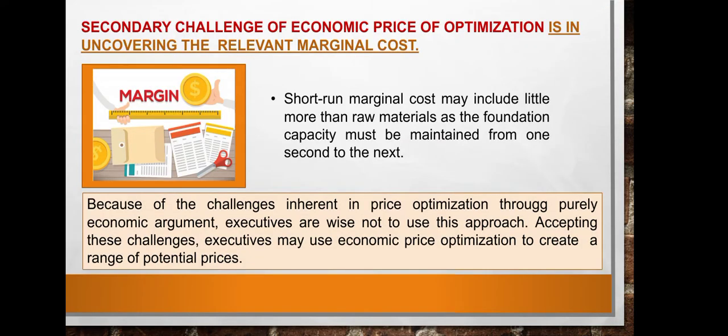The secondary challenge of economic price optimization is in uncovering the relevant marginal cost. Short-run marginal costs may include little more than raw materials, as the foundation capacity must be maintained from one second to the next. In a firm,